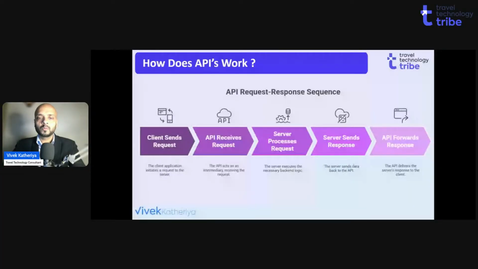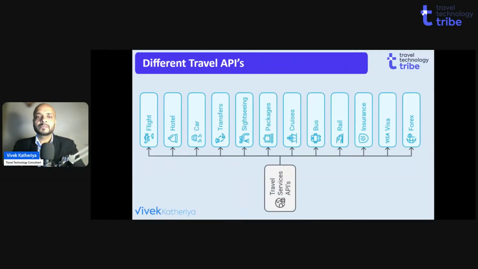Okay, so we understood what is Travel API, how does the Travel API work, and let's understand what all the different kinds of APIs are there in the market, so that we will be able to choose the right API as per our need. So here we go. If you see, follow my screen now. In general, for your understanding, whatever product we are consuming in the market right now for your business,